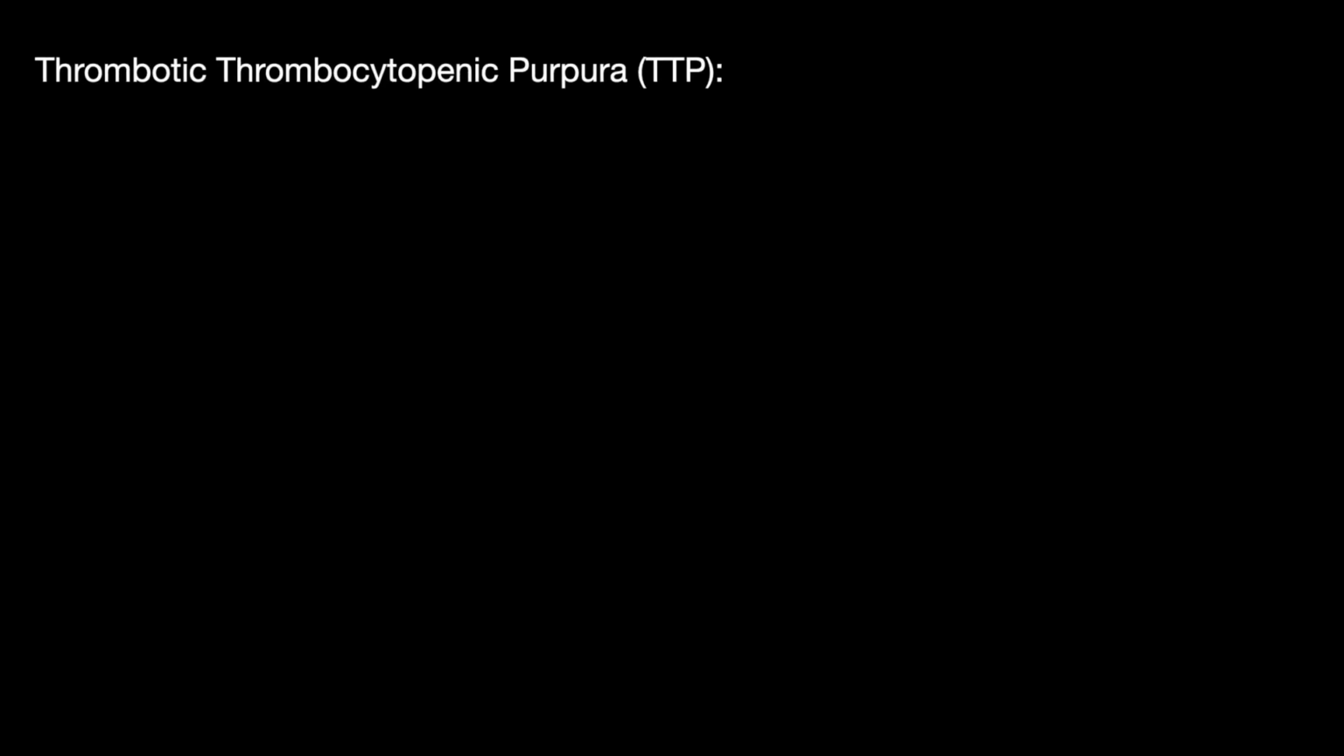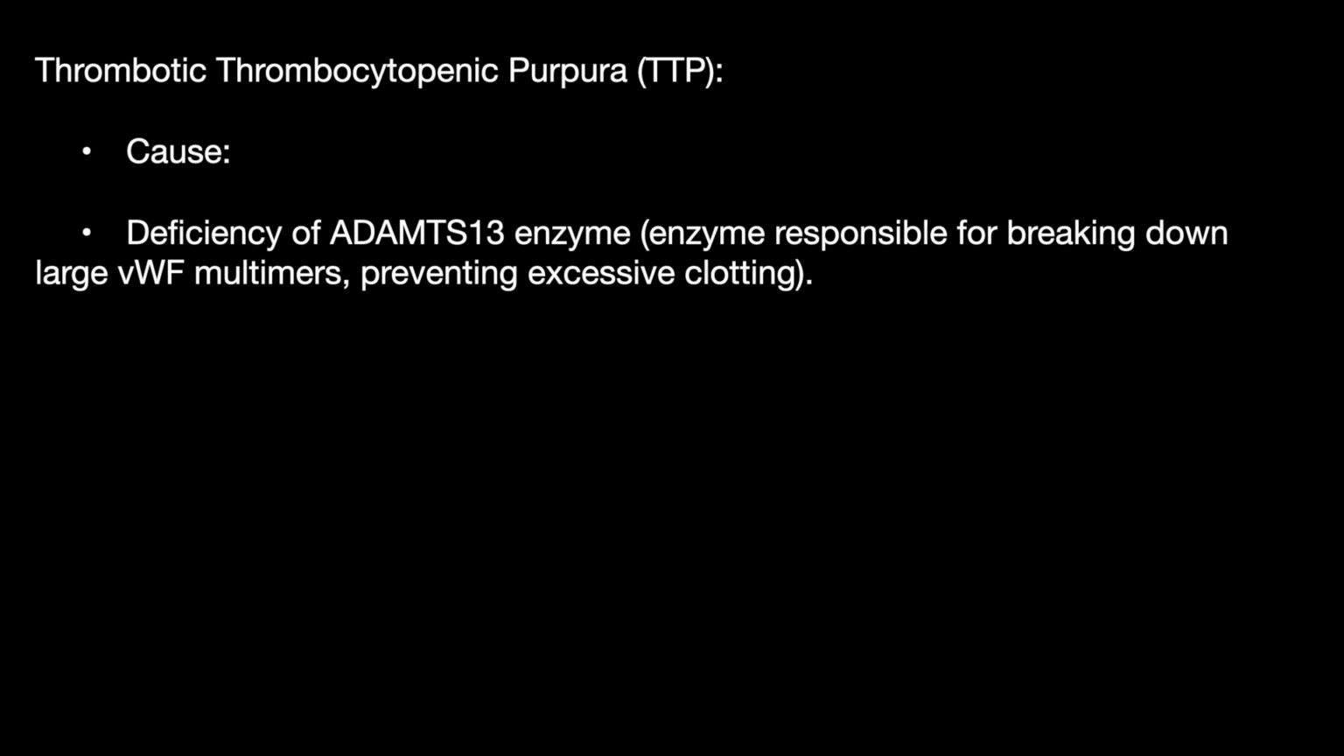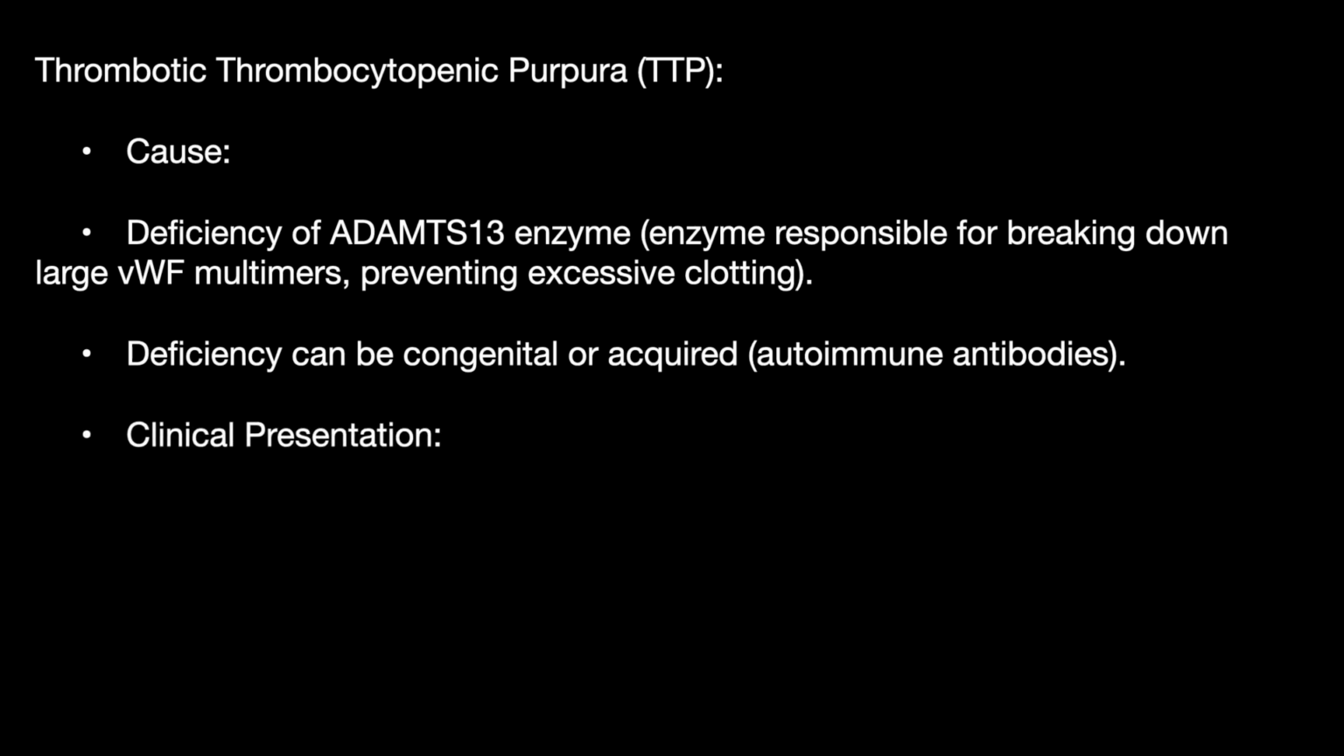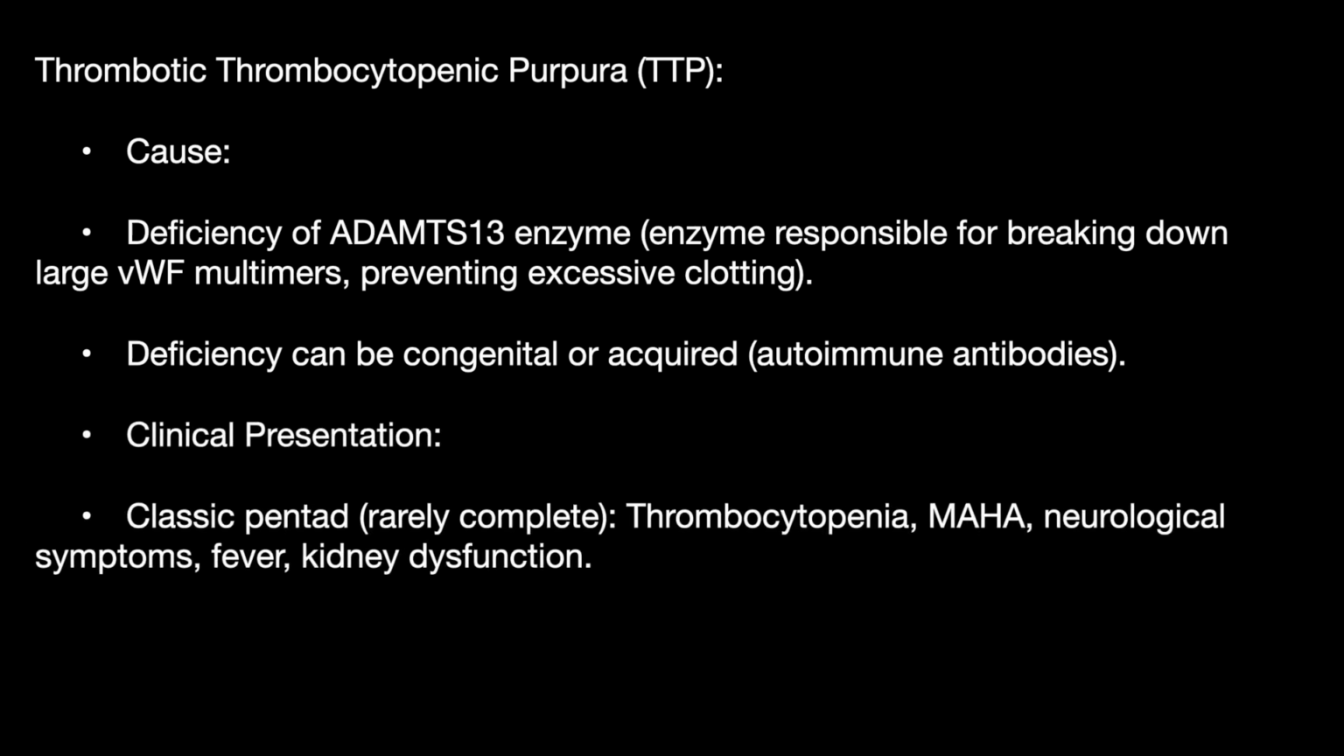So coming first to thrombotic thrombocytopenic purpura, the cause is the deficiency of the ADAMTS13 enzyme. This is the enzyme which is responsible for breaking down large multimers of von Willebrand factor into small fragments. This prevents excessive clotting. Now what happens is, when there is a deficiency of this, which can be congenital or it can be acquired because of autoimmune antibodies targeting this particular enzyme,